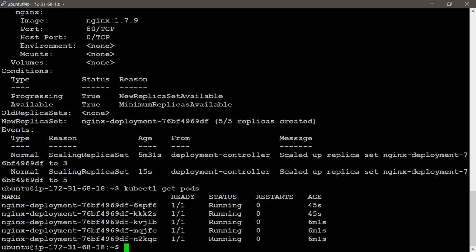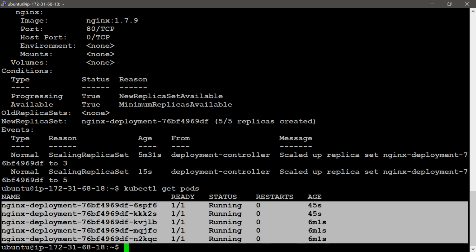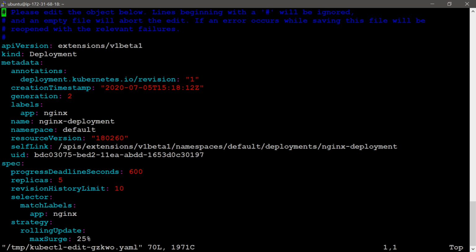It will change from 3 to 5. We can edit one more time with kubectl. I will give the same edit command. I will change this replica number from 5 to 1.